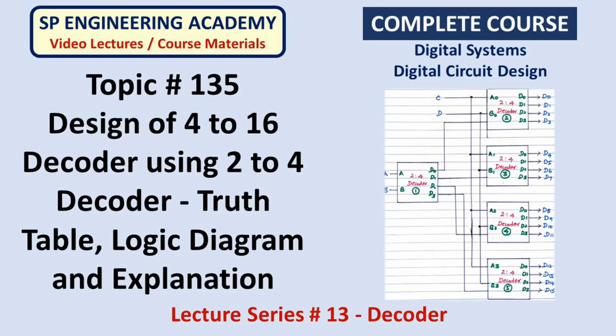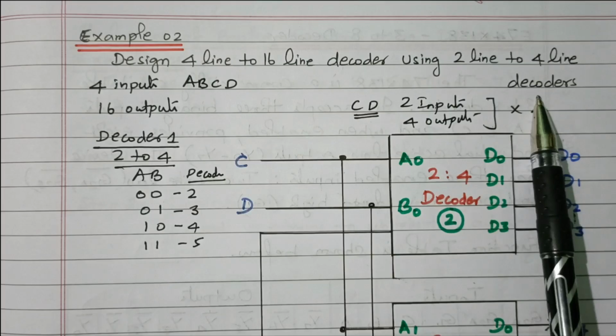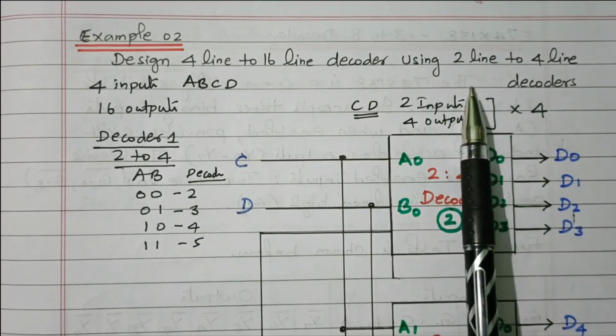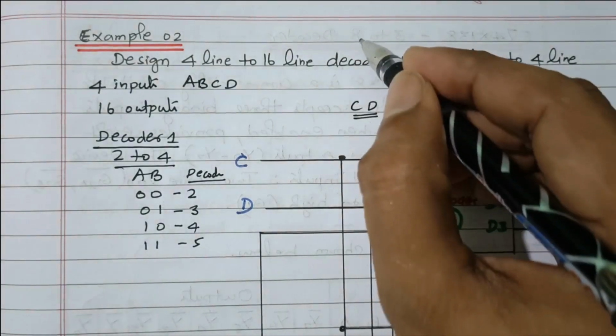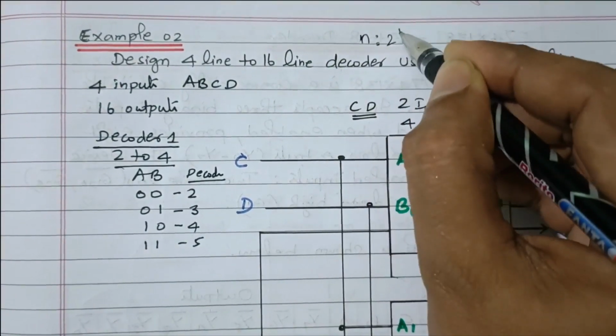In this video we will see the design of a 4 line to 16 line decoder using 2 to 4 decoders. We know that a decoder is a device having n inputs and 2 to the power n